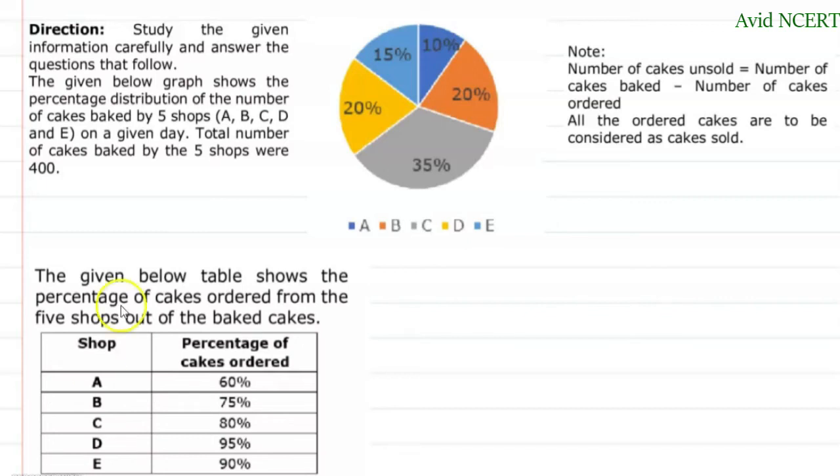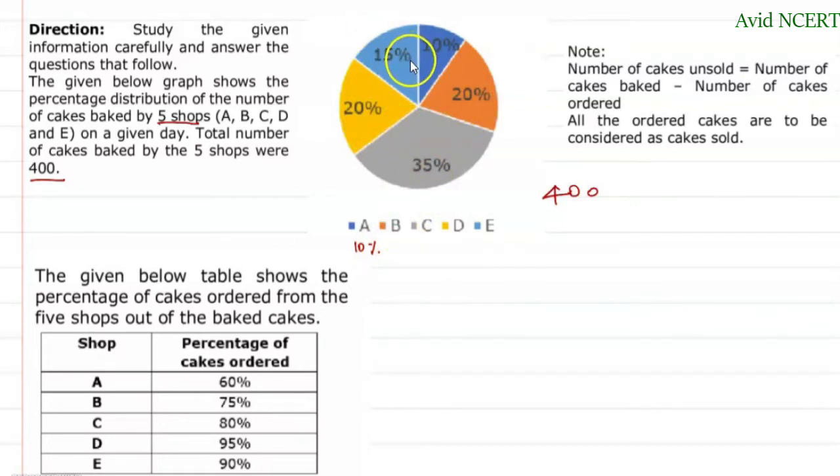This is Geeta. Study the given information carefully and answer the questions that follow. The graph given below shows the percentage distribution of the number of cakes baked by 5 shops on a given day. The total number of cakes baked by the 5 shops was 400. So this is the percentage distribution out of 400 cakes: A, the dark blue color, made 10% of cakes, B 20%, C 35%, D 20%, and